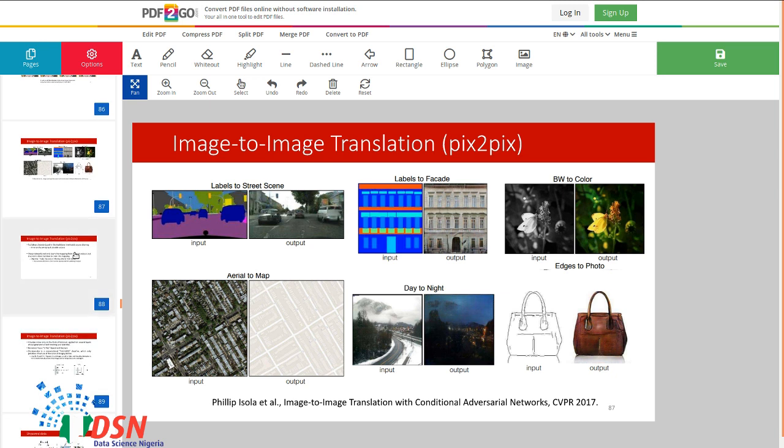This is a very hot topic in deep learning. In the next session, we will see practical examples of VAE and GANs in Python and how to use them.